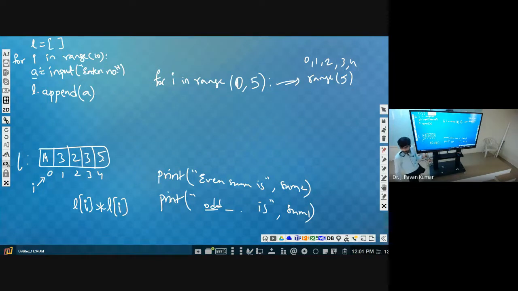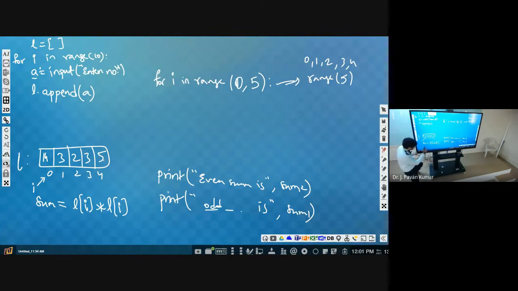Then afterwards we have to calculate the sum of the squares of the given numbers. So the square we are getting, this we have to add to sum. Understand? Consider this as the sum for the first time.